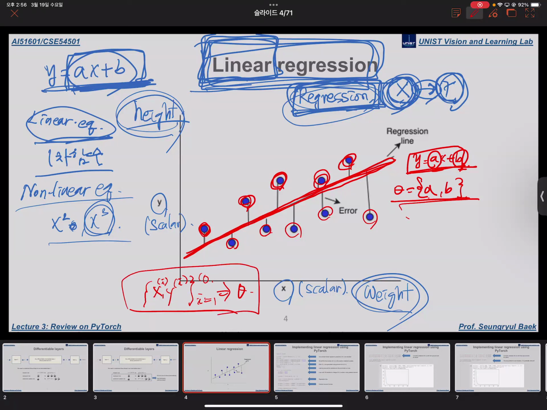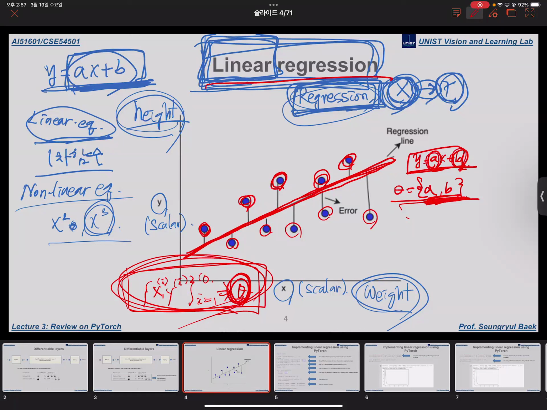Okay. And now I will explain how we can solve this linear regression, which means given some data, how we can decide this parameter vector. There are multiple ways actually, but one of the ways related to our context is solving this using the gradient. Okay, so we will solve this by initializing this vector, which is A and B,